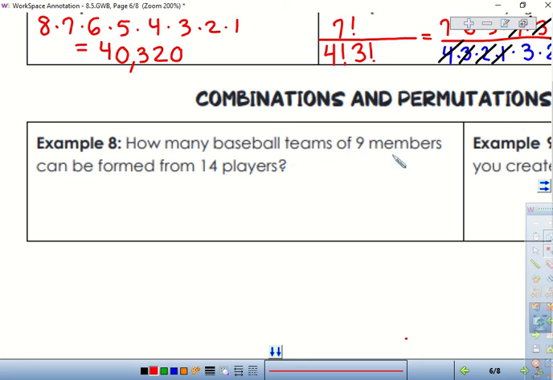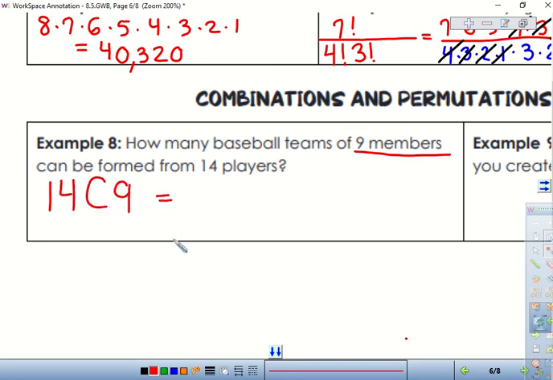If I'm picking teams of 9 members from 14 players, do I care about the order? No, because once you have a team, we don't care about the order we picked the team. You're still all the same team. If I pick 9 people, it doesn't matter what order I pick them in. We still made the same team. So this is not a permutation, but a combination. So this would be 14 C 9,